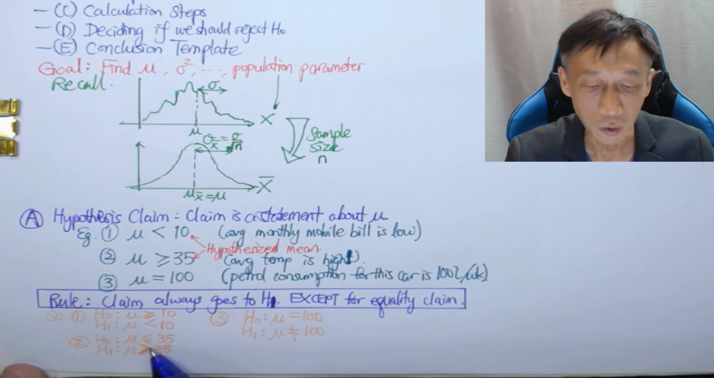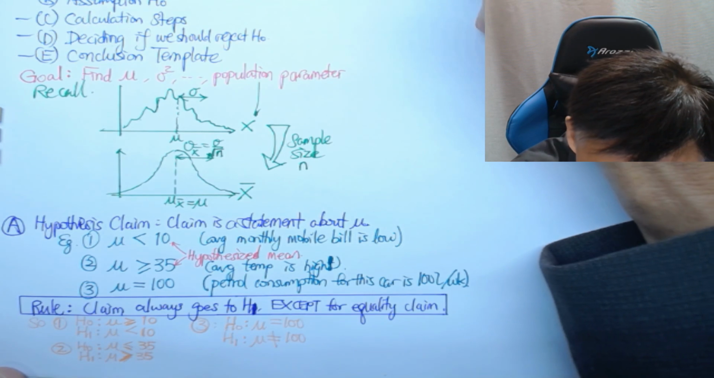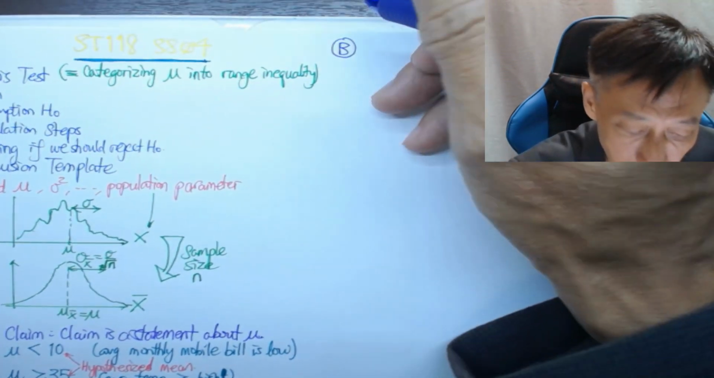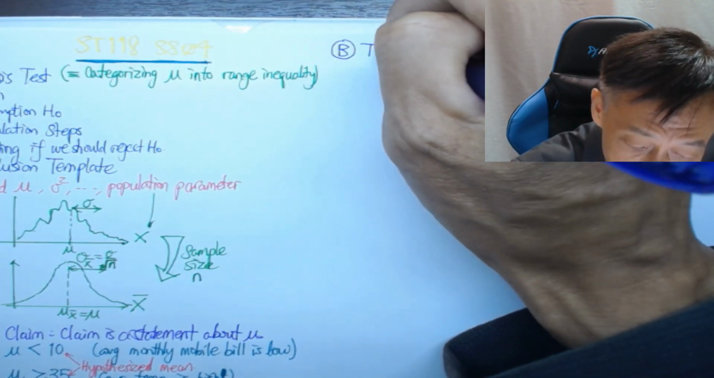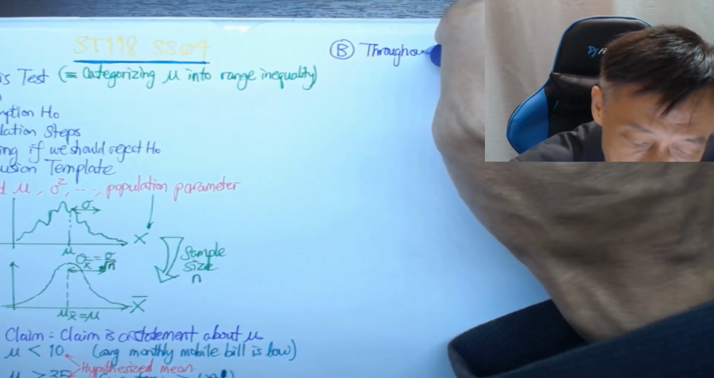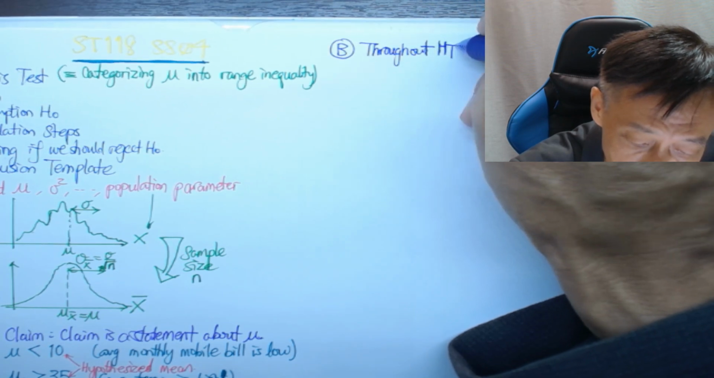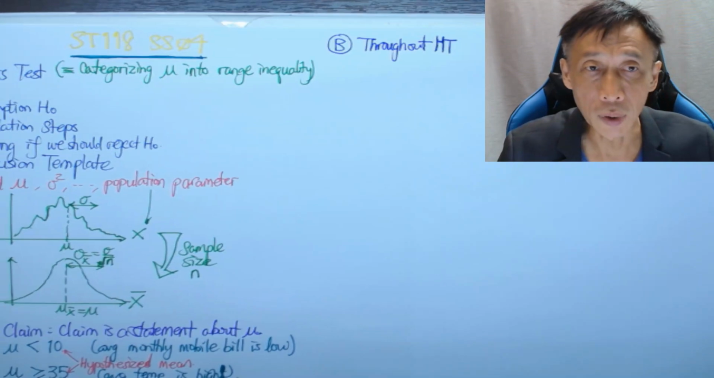The reason is we are going to assume that throughout the hypothesis test, and I'm going to write HT, just HT to represent hypothesis test. Throughout the hypothesis test,